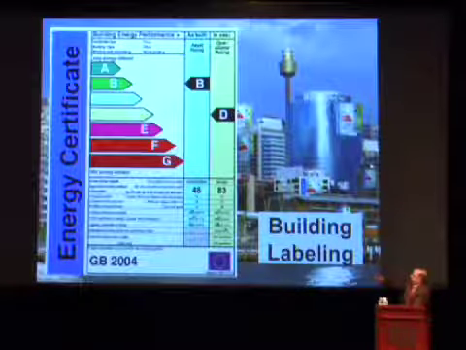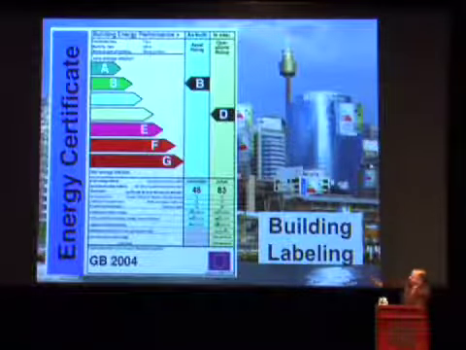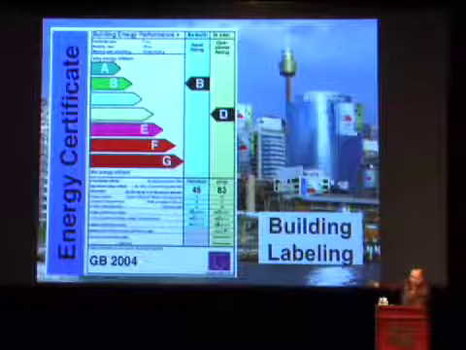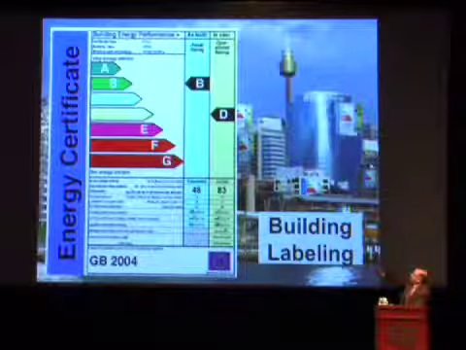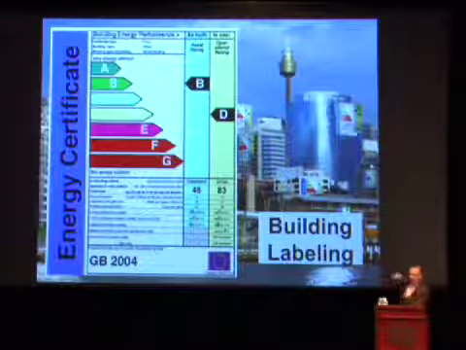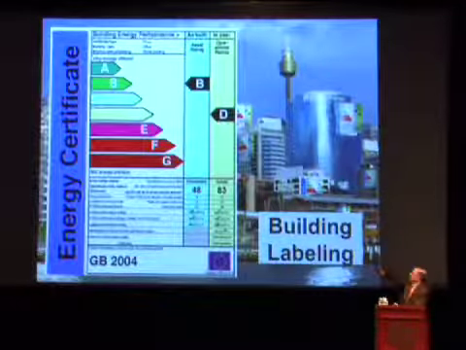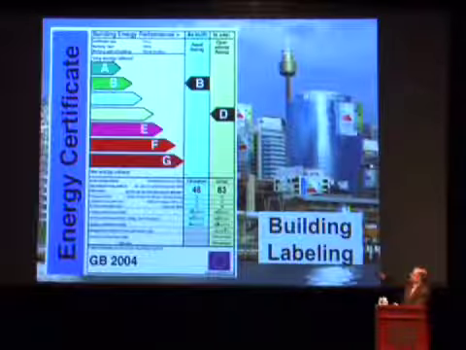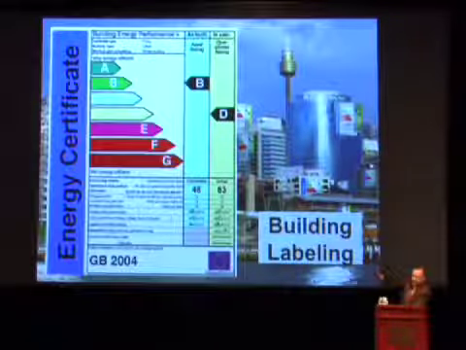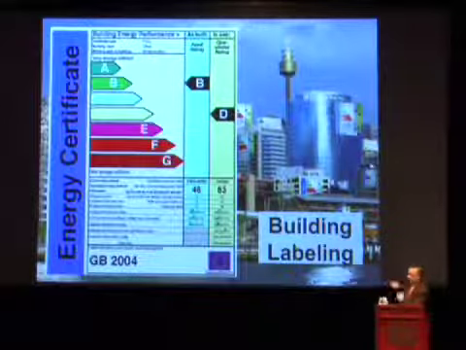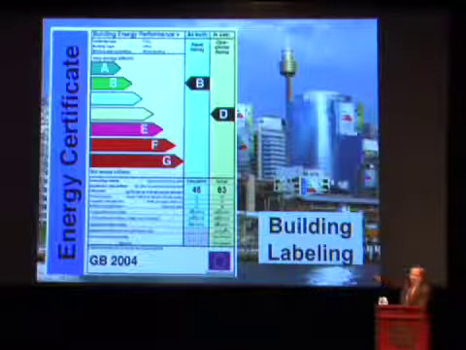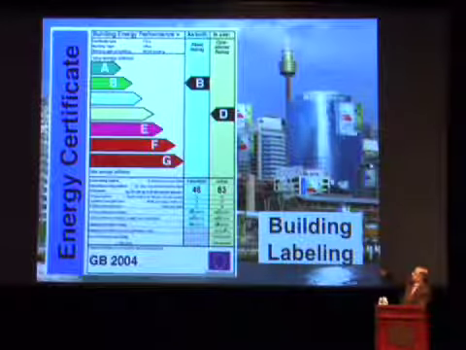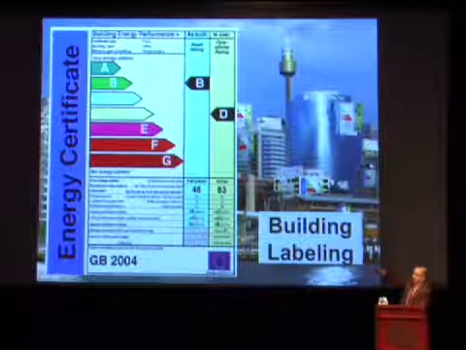And what you see on this graph, A is good, G is bad. I think in the US we just stop at F because that has more meaning. So this building was designed, modeled to be 30% better than code, say, which is this. But it's actually operating here. So it's not operating up to potential. So these are the two numbers that define the building stock: what was intended, what's really going on, and this basically sets the limit for how high this could go, but it's not there yet, right?